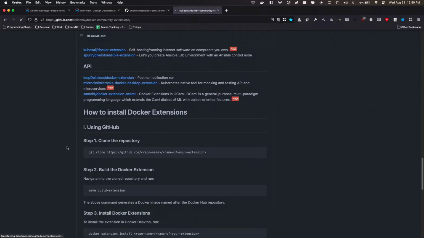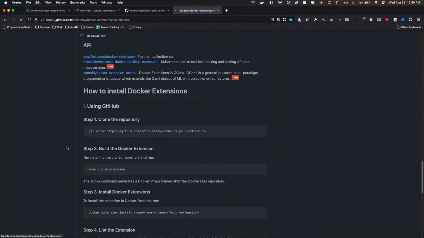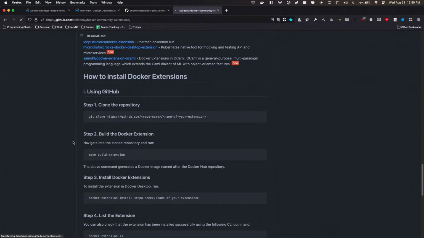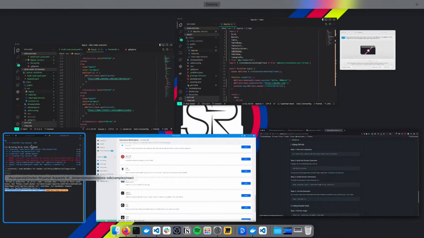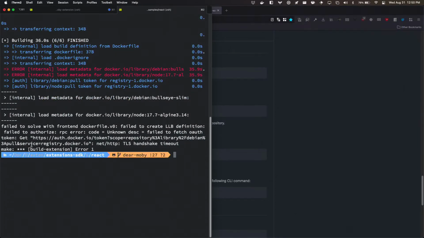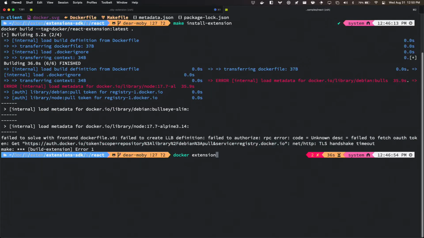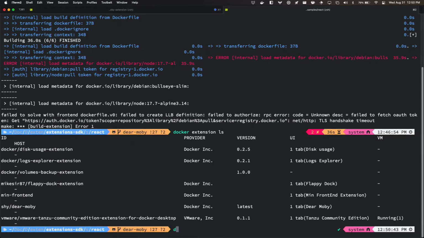And it does give you a little walkthrough on how to get those extensions, how to build them locally, how to install them, and then how to remove them. I guess I can also show you how to remove extensions too. So you can do that straight from the UI inside Docker Desktop, or if you want, you can do a docker extension rm to pull them out. So let's go ahead and do a docker extension rm on min front